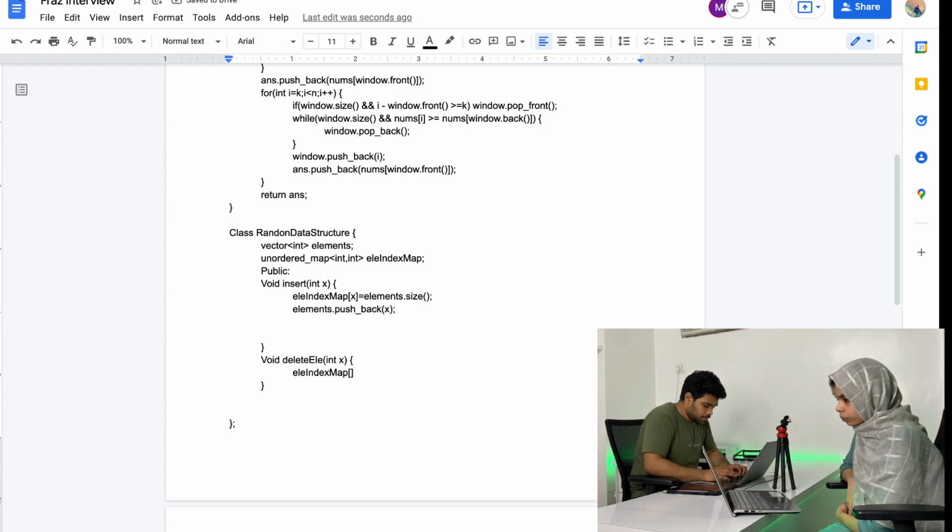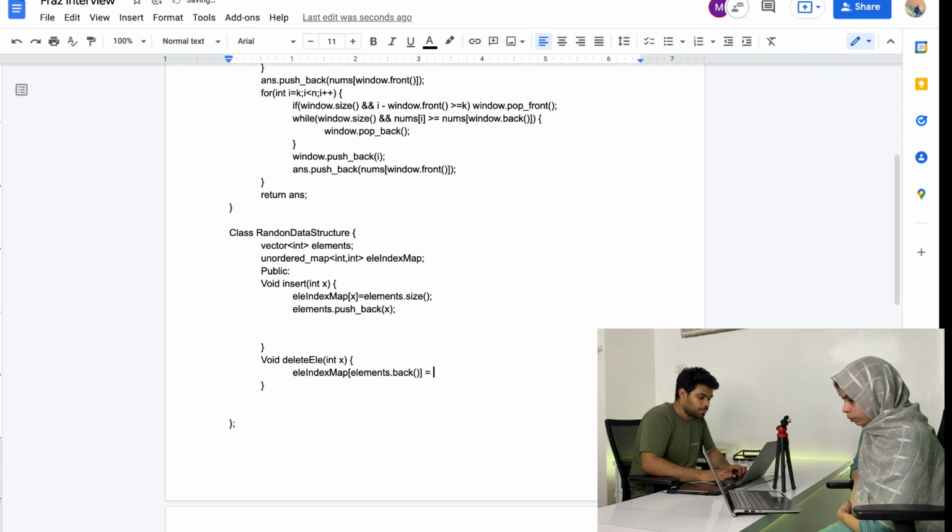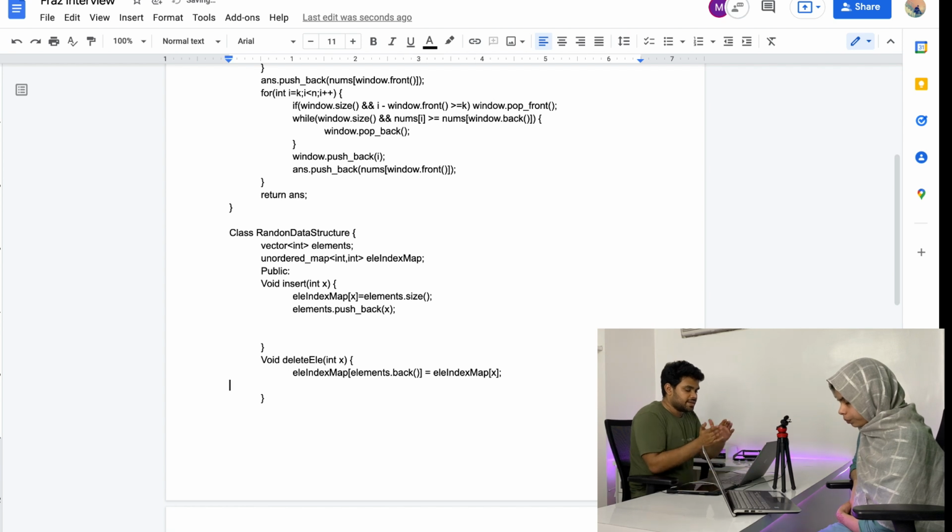So elements dot back will be equal to element index map, basically the index of the current element, right? The last element is now going to shift here. So when it's shifted here, this is changed. Inside the vector also I need to make the swap.